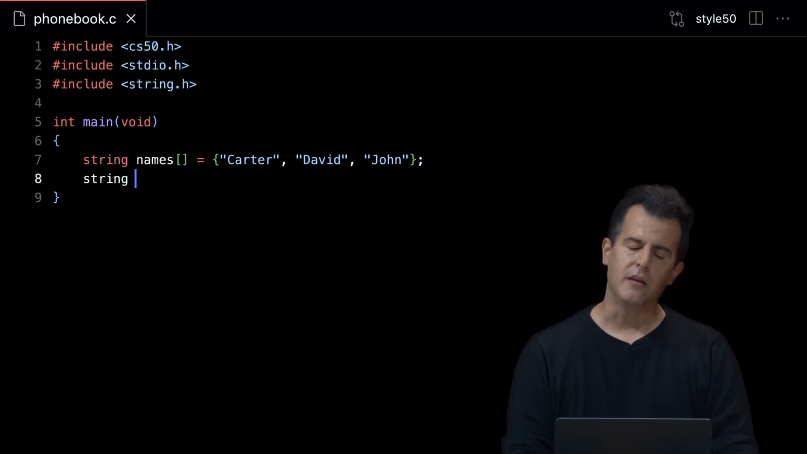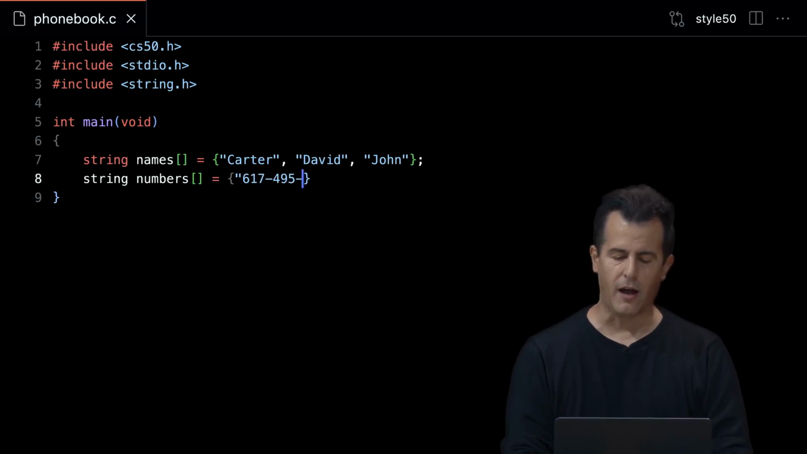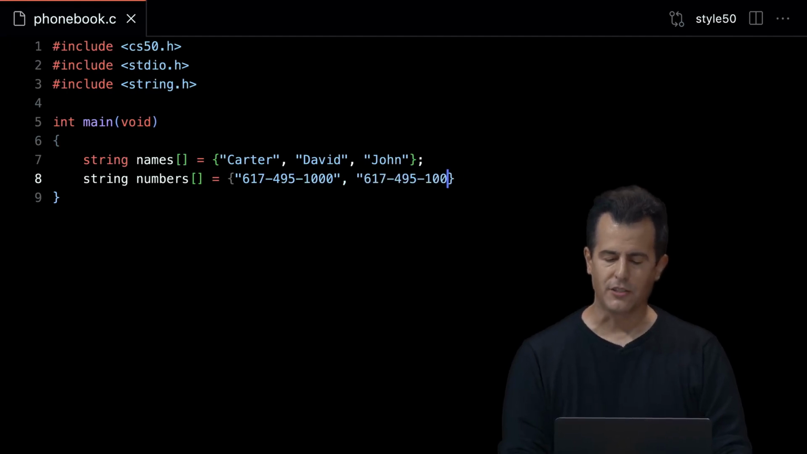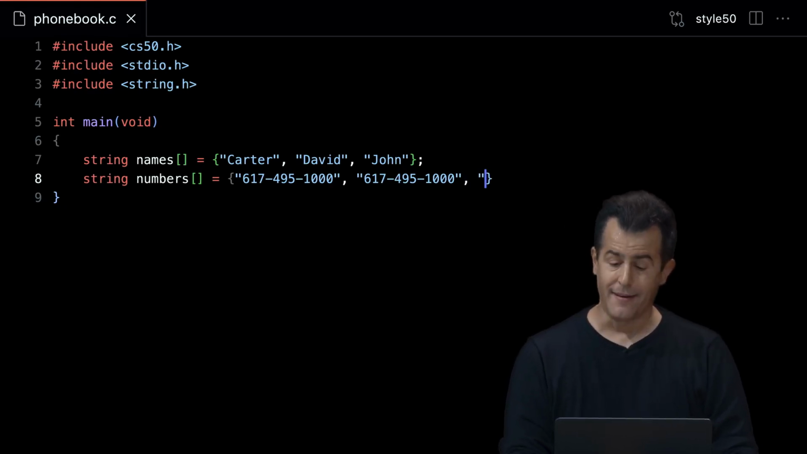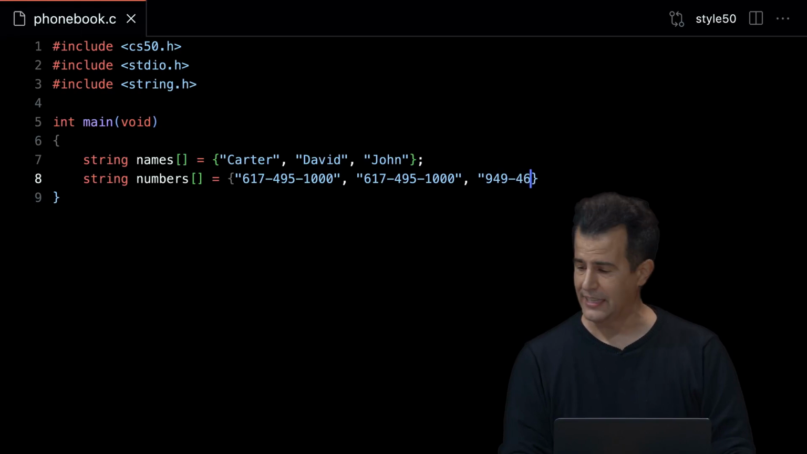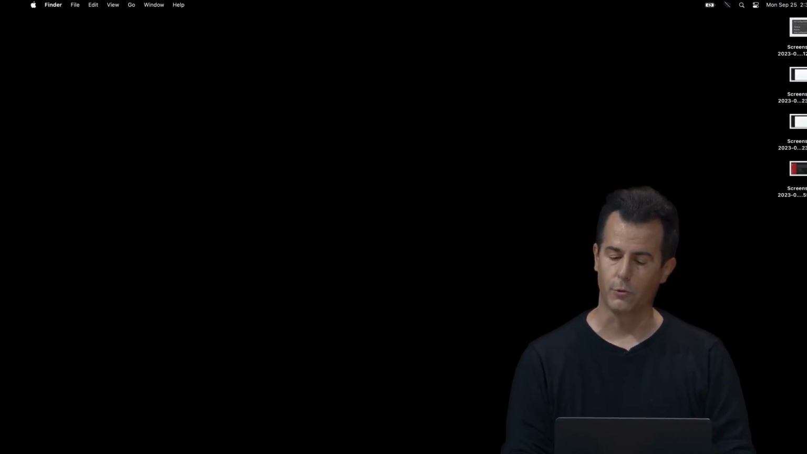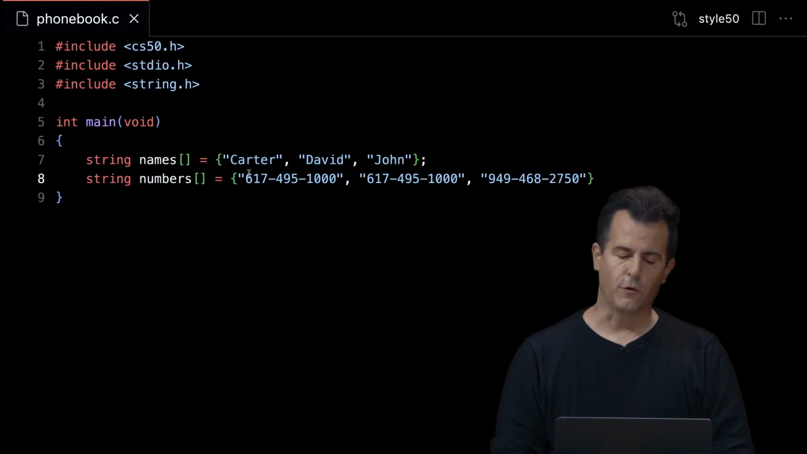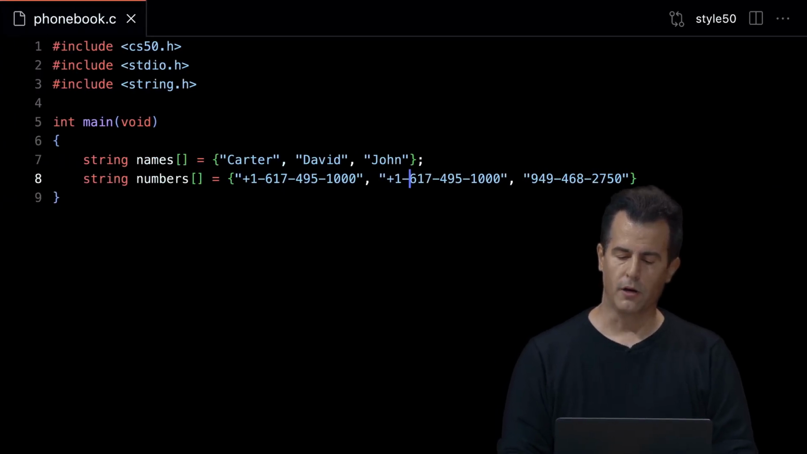Then let's go ahead and give me another array called numbers, wherein I'll put our phone numbers. So 617-495-1000 for Carter, 617-495-1000 for me, technically directory assistance here. And then for John, we'll give him an actual one. So it's actually going to be 949-468-2750. You're welcome to text or call John when you want. Whoops. And just for good measure, let's go ahead and put our country codes in here, +1, even though at